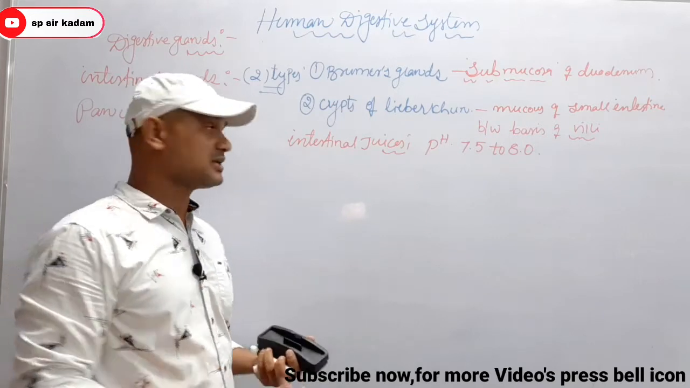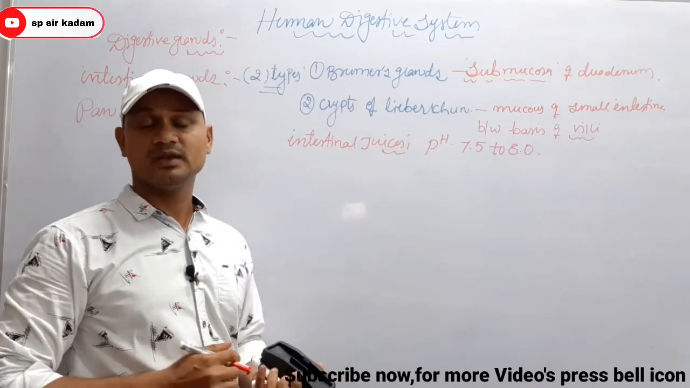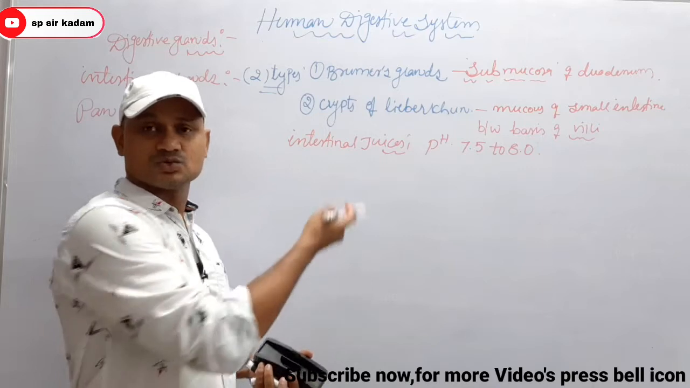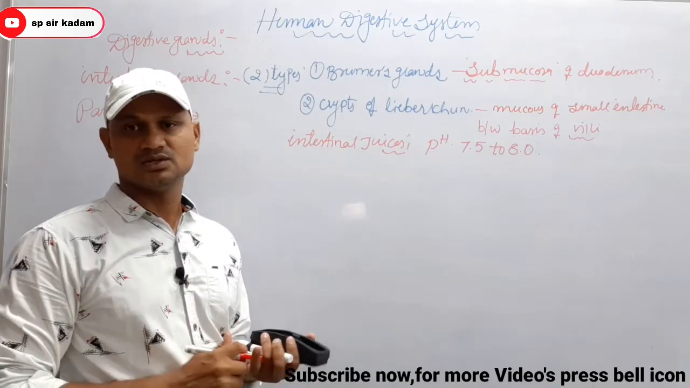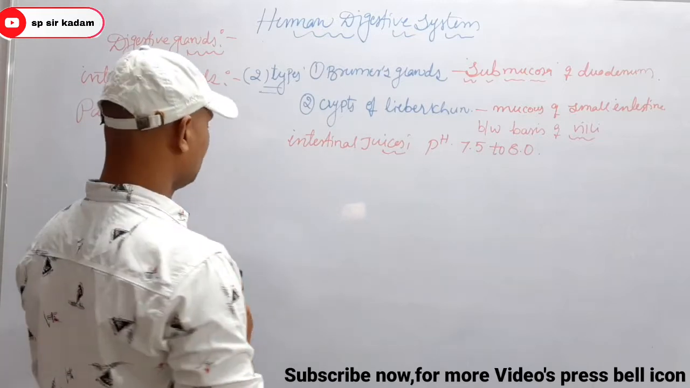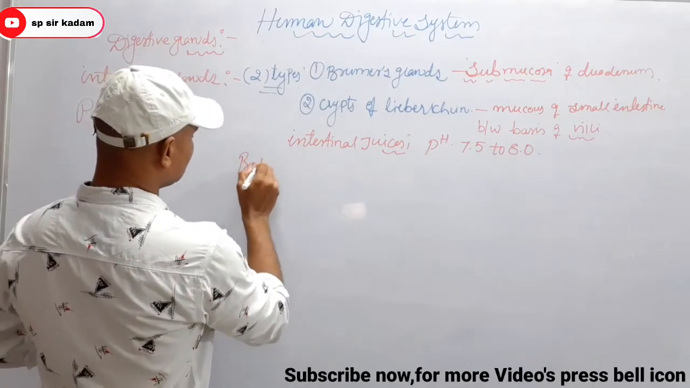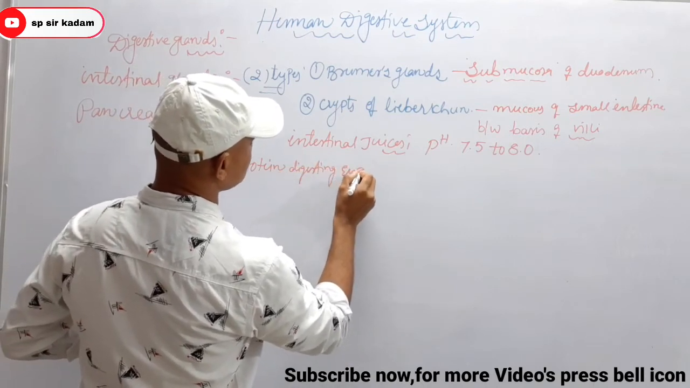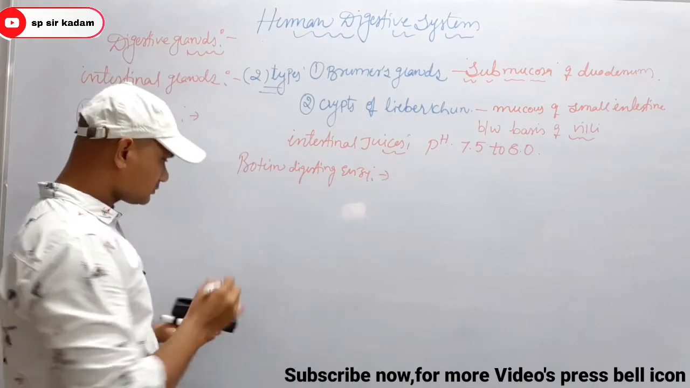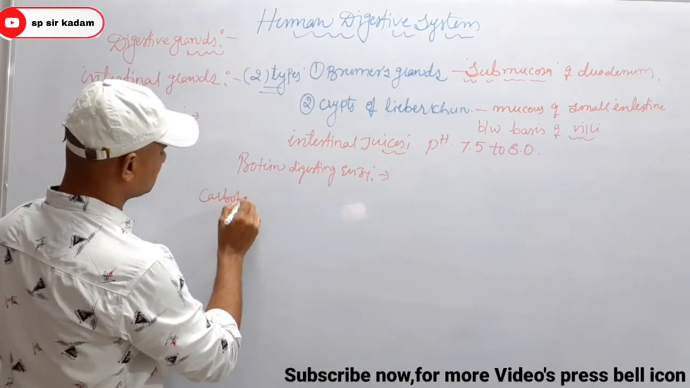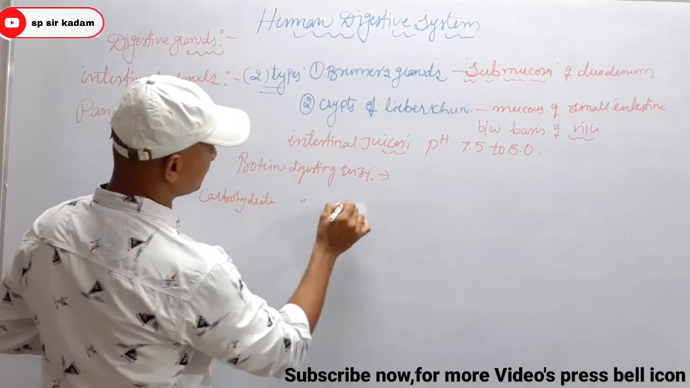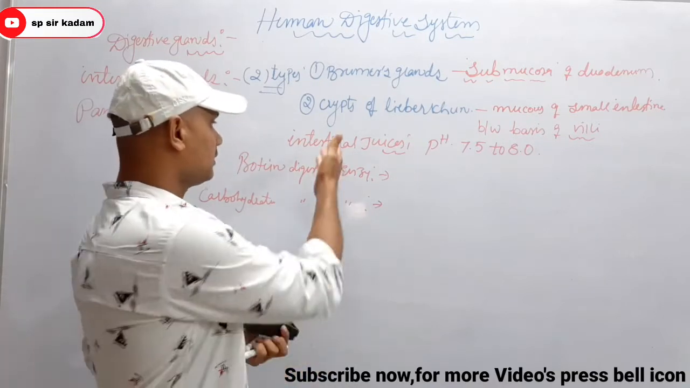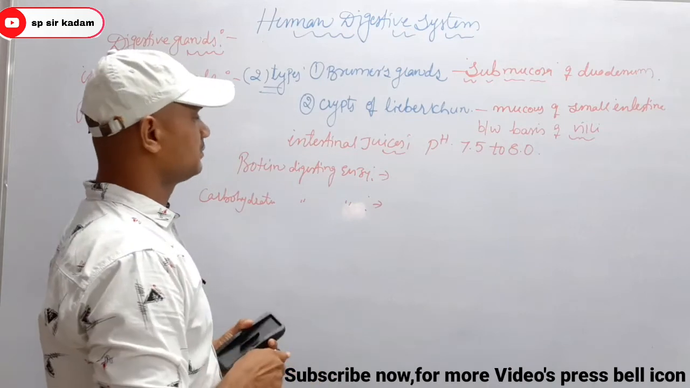So what are the enzymes present in intestinal juices? There are so many enzymes, compared with salivary glands and gastric glands. Here so many enzymes are present in our intestinal juices. Let us see what enzymes are present, like protein digesting enzymes, then carbohydrate digesting enzymes. So what are the protein digesting enzymes present in our intestinal juice? Like peptidases,